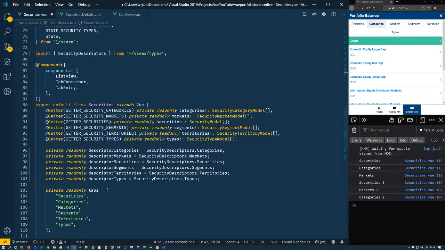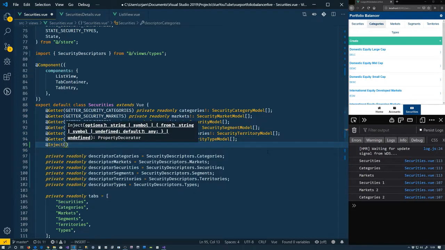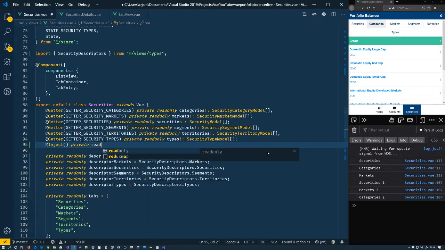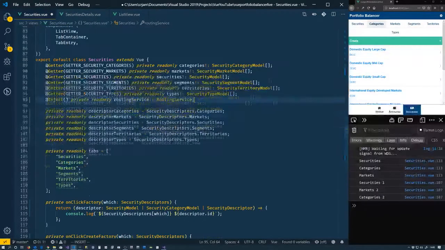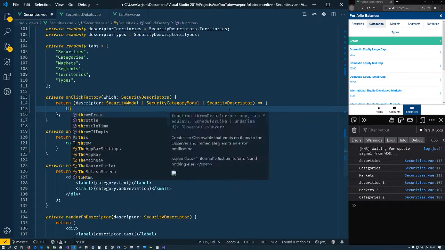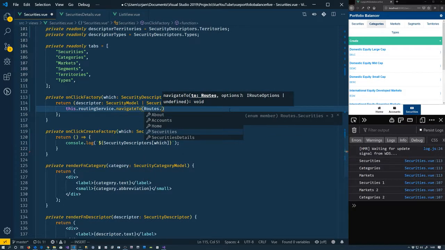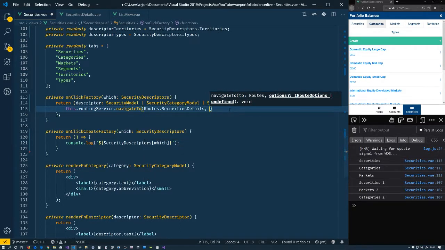So we come down here and we'll say that we are going to inject private readonly routingService. So we get our routing service. And the reason we do that is we come down here. So let's go factory first here. So this.routingService.navigateTo where Routes.securityDetails,